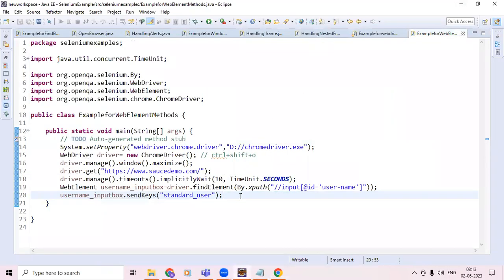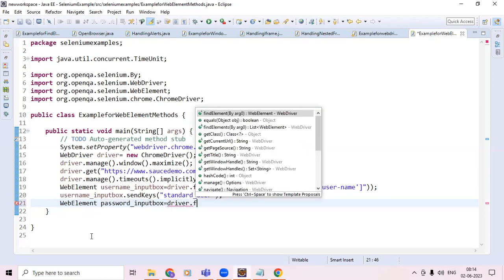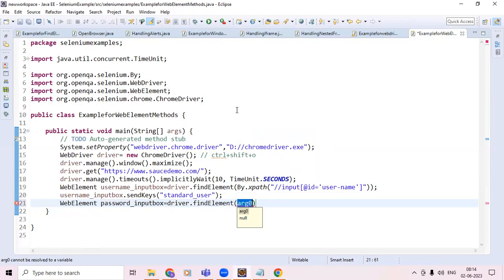So can anyone guide me how to enter the password? Same way. There is no, yeah, web element. Web element, password input box. Okay, then driver dot find element, by dot